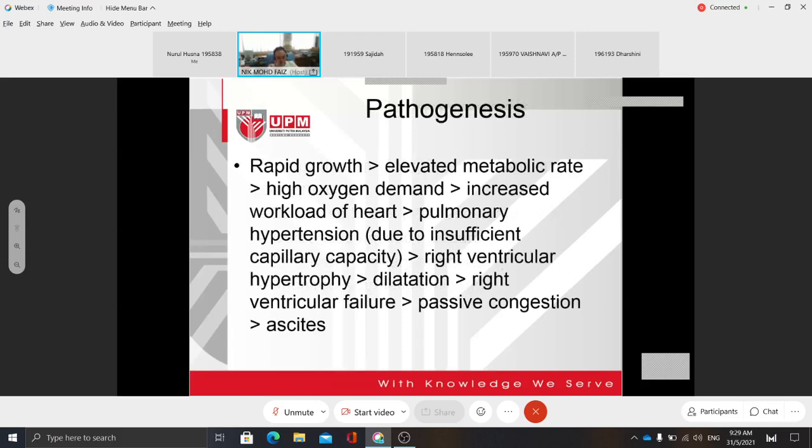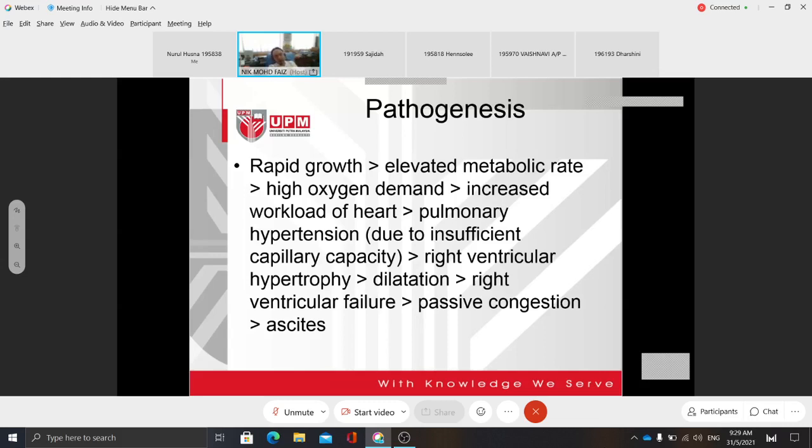This is the pathogenesis, if you want to read it. Rapid growth leads to elevated metabolic rates. When they grow so fast and get so fat, their body is very big, and it requires them to breathe faster. The heart has to pump more to supply all the muscles of their body, and then the oxygen demand becomes higher. This increases the workload of the heart and leads to pulmonary hypertension due to insufficient capillary capacity, and then